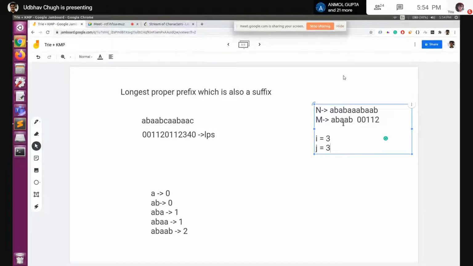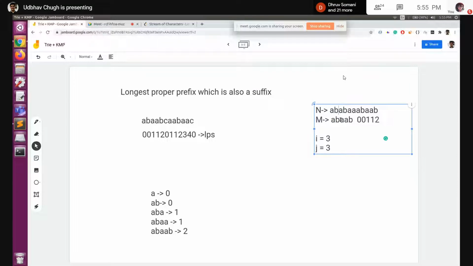So how we'll use this information is, we were checking this index with this, right? So the previous index, which is j is equal to 2, now we see what is the value of LPS at that particular index. At j is equal to 2, the value of LPS is 1. So what this tells us is that at j is equal to 2, we have a length one string such that the prefix is exactly equal to the suffix. So we don't need to go back to this particular A and recheck it, right? We know that it will for sure match.